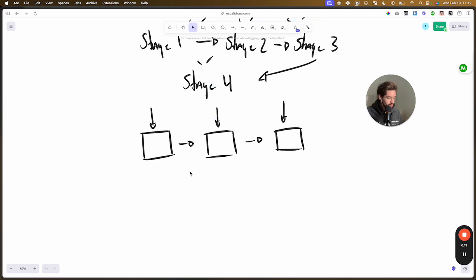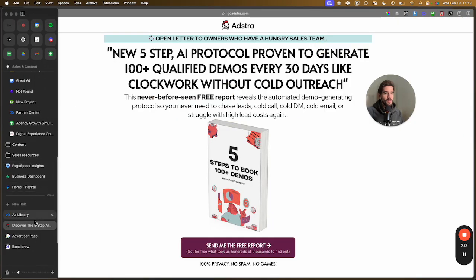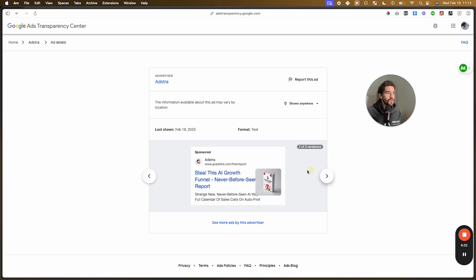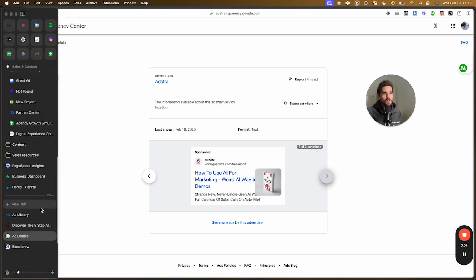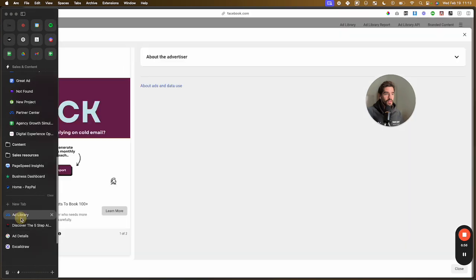So congruence in practice, ideally, is what I just showed you, okay? I think a great representation is just our ads, right? You could see, what is this new marketing protocol, right? Still this AI growth funnel, right? And then there's some copy below that says, 100 plus sales calls. Okay, boom, right? And then from there, they get text messages and calls and emails all about how to book more sales calls, specifically 100 plus, specifically in 30 days without cold outreach, specifically. Because if you look at all of our other ads, that's the main theme.